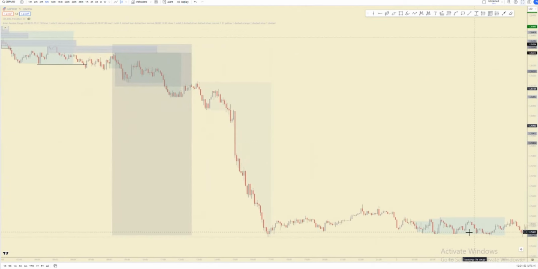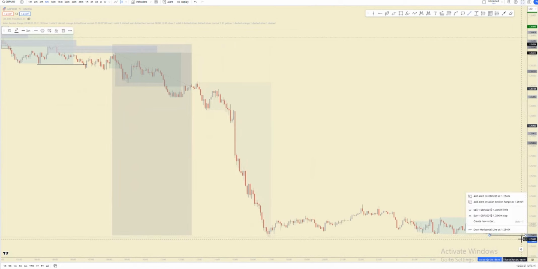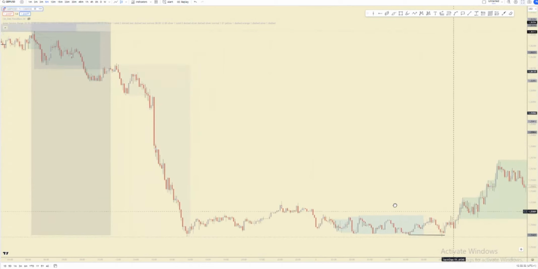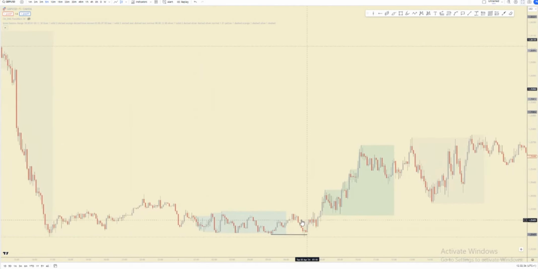What is Asia doing here? Good. Consolidating. Overnight? No, I don't think you should hold overnight. Just close your trade at the end of the day. Next day we continue. So now that Asia is consolidating, as you can clearly see right here, I think the low has been taken. Yeah, you see it. It's been swept here, right there. So I think we should be buying. And there you go. This was our structure shift right there.